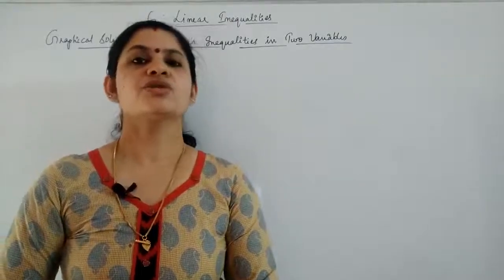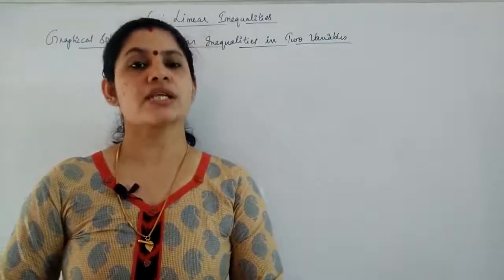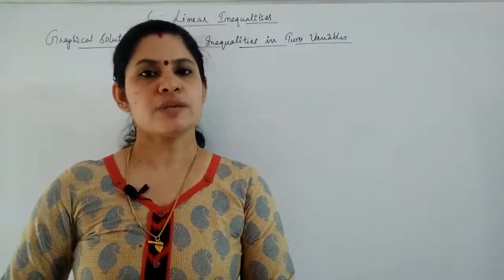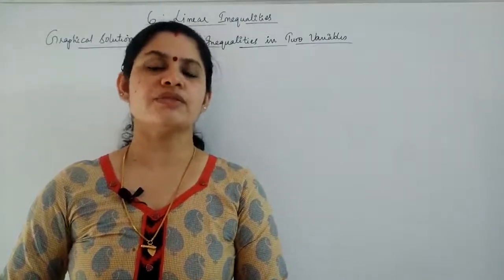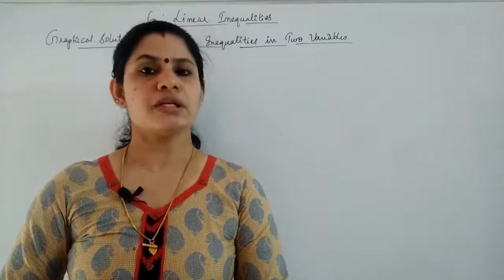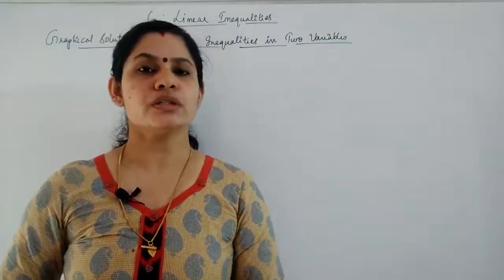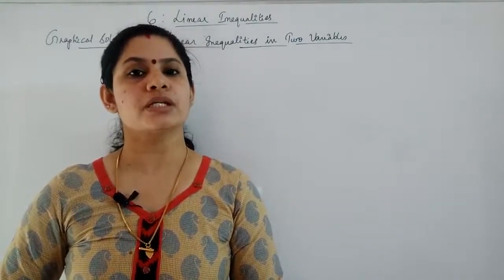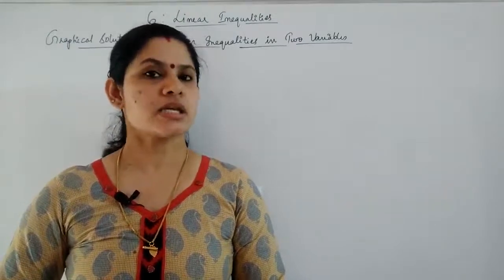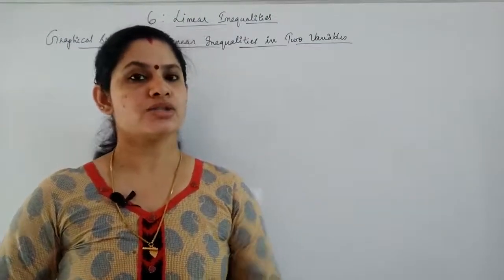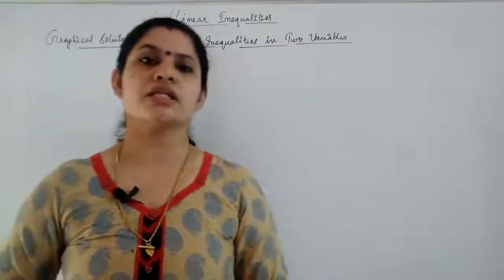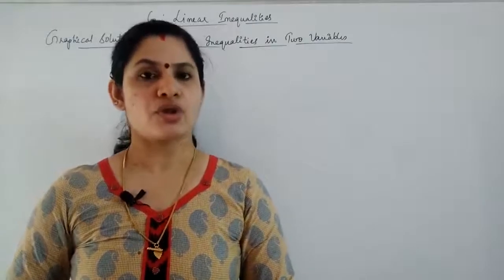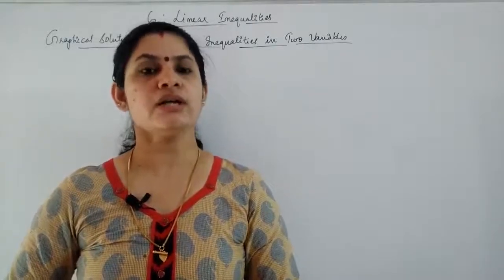Hello everyone. Today we will be discussing a new topic, which is graphical solution of linear inequalities in two variables. In the last part we have discussed the algebraic solution of linear equations and their graphical representation. That means both were for one variable alone, and the graphical solution of one variable is represented on a number line. But here in this case you have two variables, and the graphical solution will be represented in a Cartesian plane, that means the xy plane. That is, you have to draw or show the solution on a graph paper.